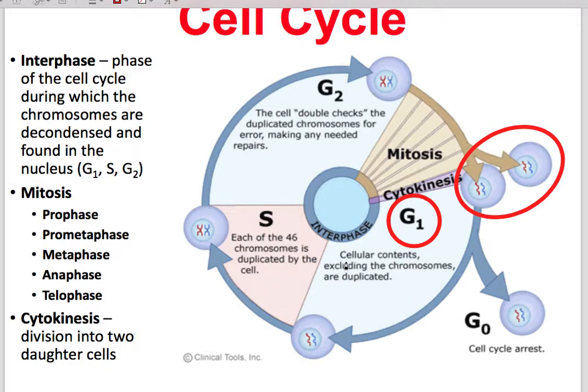Do we have the nutrients? Do we have the cellular contents? Do we have all the chromosomes? Is everything at the basic level pretty good? If everything at the basic level is pretty good, we can move on and we can decide that we're going